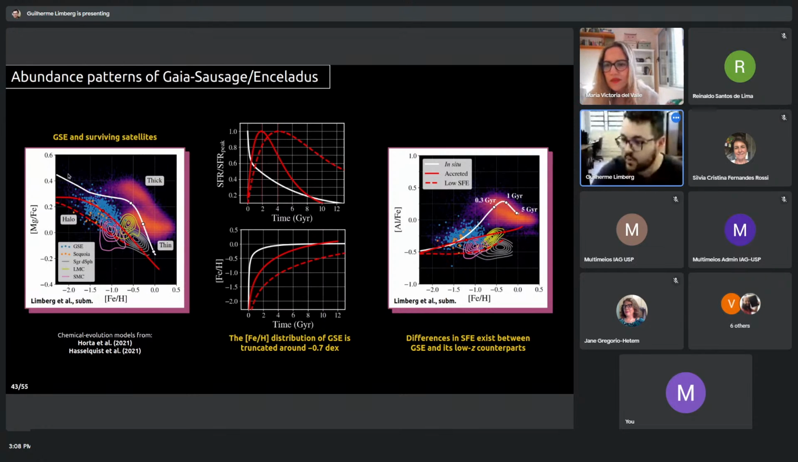So this is the difference. It produces a lot more stars much quicker because it has a lot of gas, and it also has a higher star formation efficiency. Not only that, but another aspect of these models that is quite important is that given this deeper gravitational potential